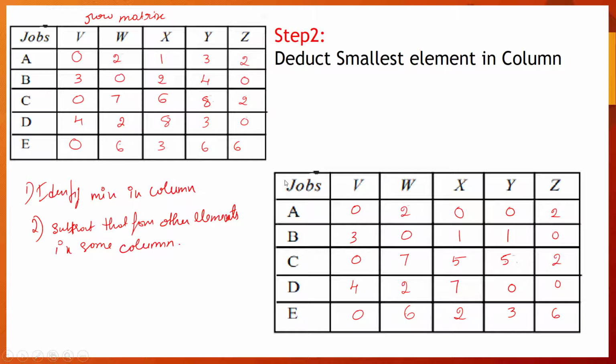Second also we have 0, so copy the same, but in third we don't have 0, so the minimum is 1, so we'll be subtracting 1 from all other elements, so it will become 0, 2 minus 1 is 1, 6 minus 1 is 5, 8 minus 1 is 7, 3 minus 1 is 2. Then in the fourth also we don't have 0, so we need to find the minimum, which is 3. 3 minus 3 is 0, 4 minus 3 is 1, 8 minus 3 is 5, 3 minus 3 is 0, 6 minus 3 is 3. So in the final column we have 0, so we'll write the same.